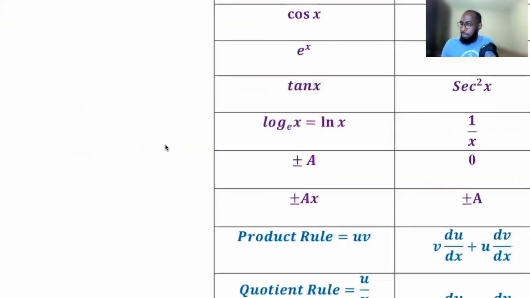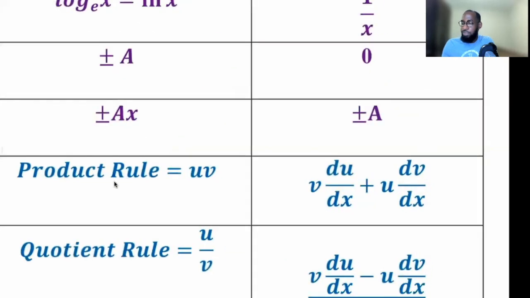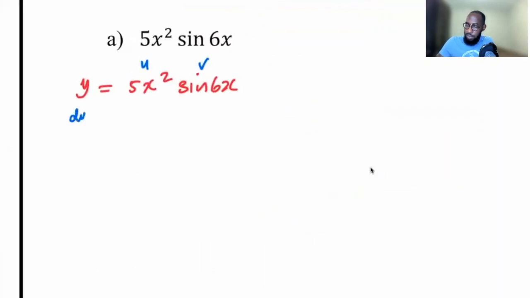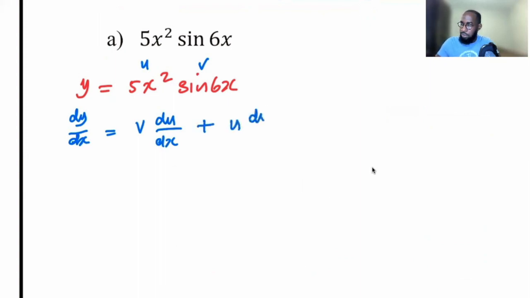And then I'm going to apply the product rule, uv, which is this formula here. I like to write the formula first. So I will say dy dx is equal to v du over dx. Product rule, always plus, and then you have u dv over dx. So what that means is you write down v, which is sine 6x,